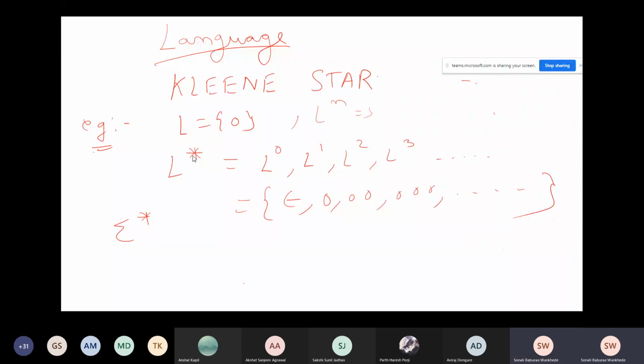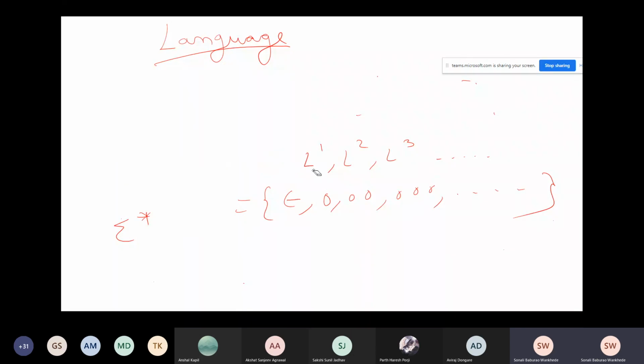Now we will see some new concept which is very interesting and very important. So this was the basic understanding of alphabets, strings, languages, and some set operations we had used, like concatenation, which is the important one. We had also seen truth tables in the previous lecture, just an overview.